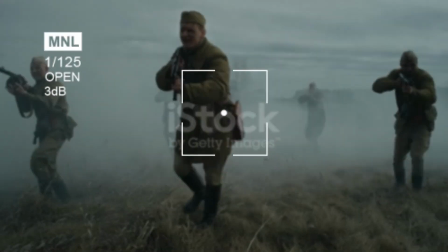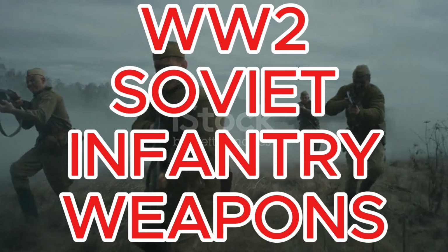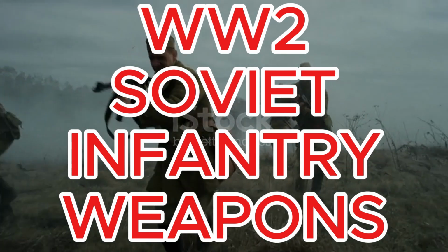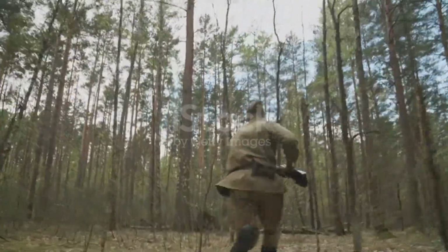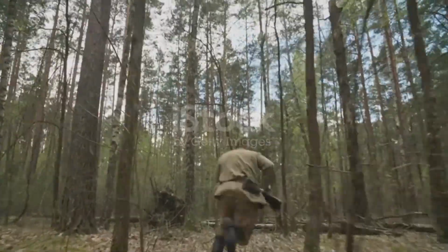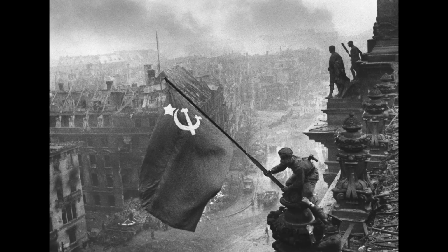World War II was a defining moment in history. As the Soviet Union fought for its survival against Nazi Germany, the Red Army relied heavily on a range of small arms to arm its millions of soldiers. From the battlefields of Stalingrad to the final push into Berlin, these weapons played a crucial role in the Soviet